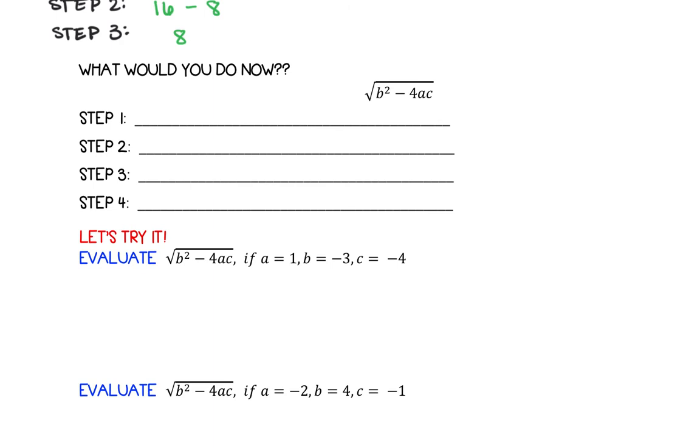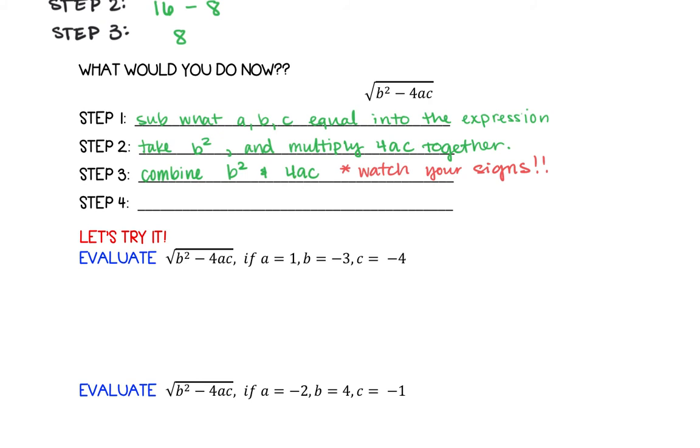All right, so moving on to adding another piece to that expression. So we have the square root of b squared minus 4ac. Steps 1, 2, and 3 are going to be the same. So go ahead, pause the video, and rewrite those down. At this time, you should already have steps 1 through 3 down. Step 4, okay, we're adding another piece to this expression. So you are going to take the square root